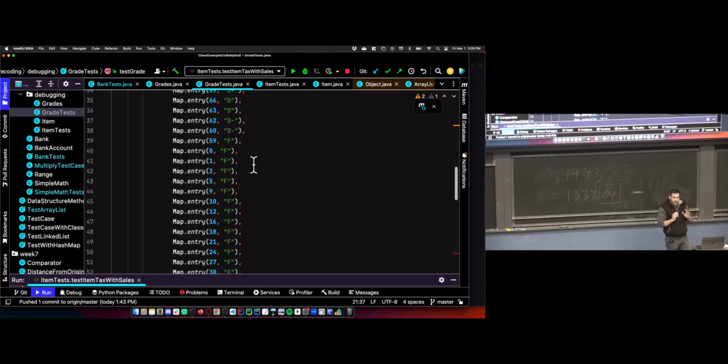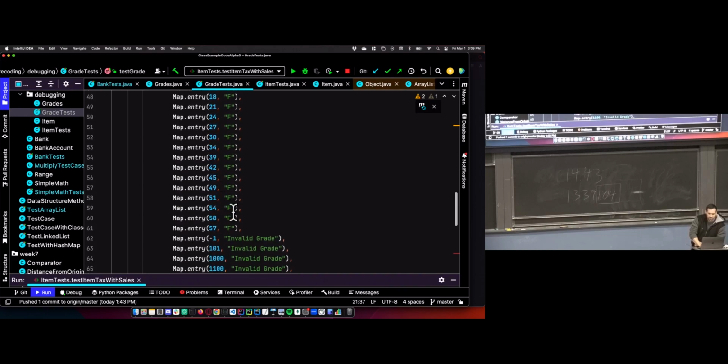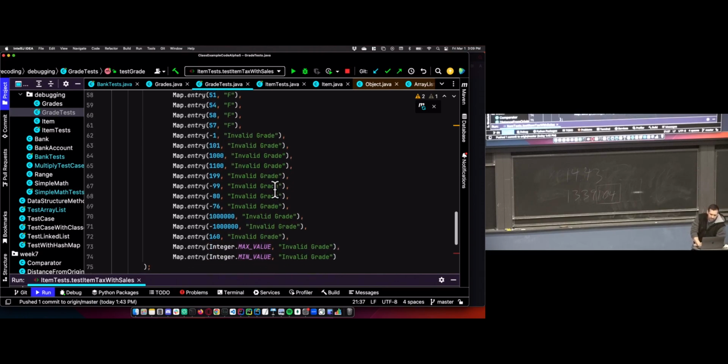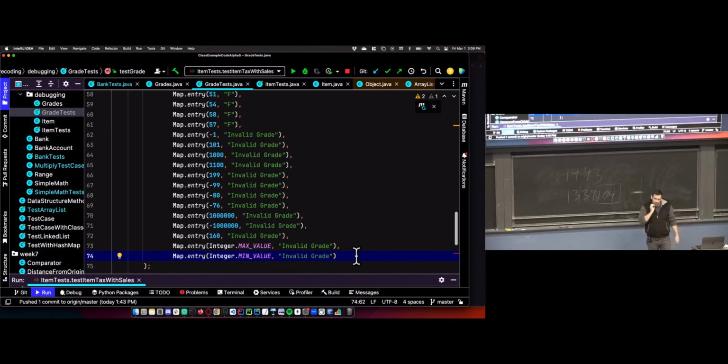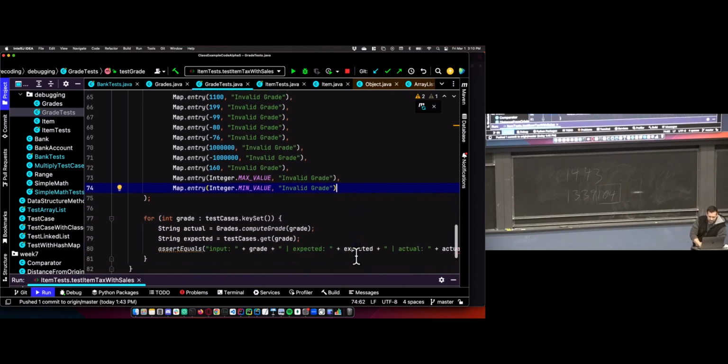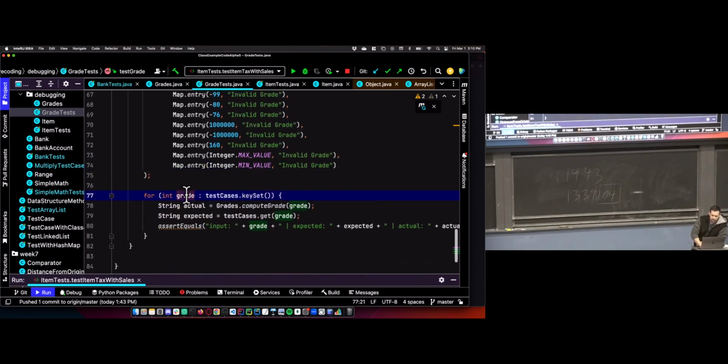We want to say, if my code has this specific bug, let me write a test case for it to make sure that it doesn't have that bug. So we want to be able to identify every single bug that could possibly happen. What happens through the whole F range? I want test cases all through there to make sure I don't have some weird behavior in my code where like 43 ends up giving an A instead of an F or something like that. And then our invalid grades, a nice random smattering of invalid grades, including min value and max value. Let's test the absolute outer edges of our code to make sure that it works, even with very large or very small values. So this, rock solid test suite,